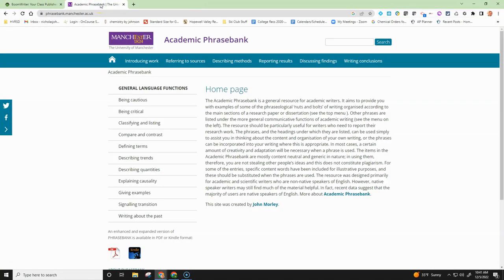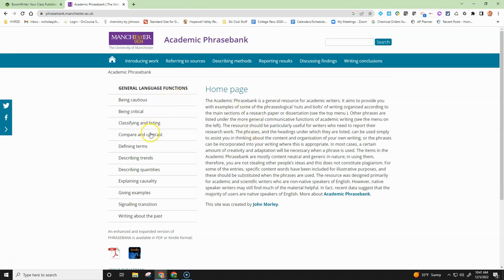Lastly, for your higher level or higher grade students, you can use phrasebank.manchester.ac.uk. Writing in that academic style is very challenging. A lot of the times for our high school students, you want them to get used to writing an actual academic style paper, maybe something that could eventually be published in a journal, or at least sound like it could be. The problem is that that's a really tough style of writing to get used to,